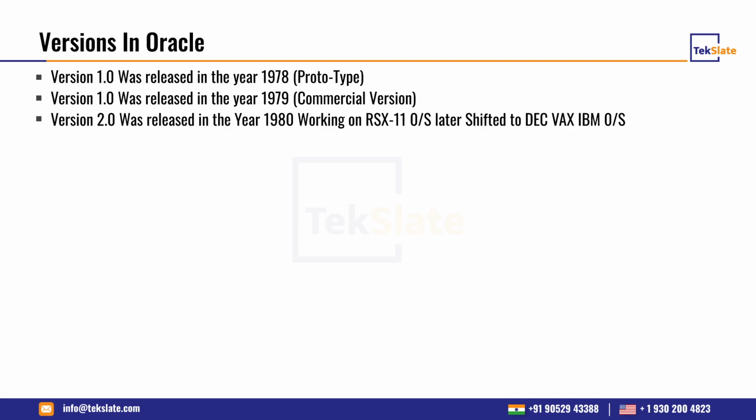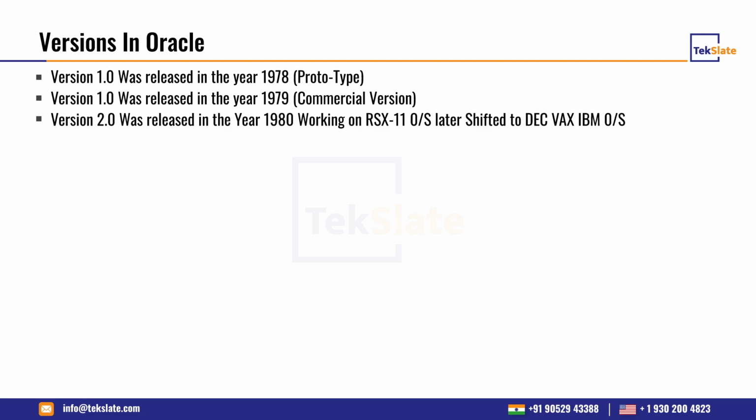You people might not have heard about this operating system. You must know about Windows 10, Unix, Linux, which are today's operating systems. But in those days we didn't have Windows 7 or Windows 95 or Windows 10. What we had were RSX11, DOS, DEC, AX, IBM. So initially version number 2 was working on RSX11. They had some problem, and that is the reason they shifted to one more operating system called DEC, AX, IBM